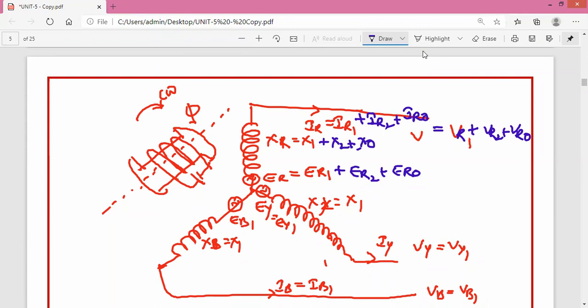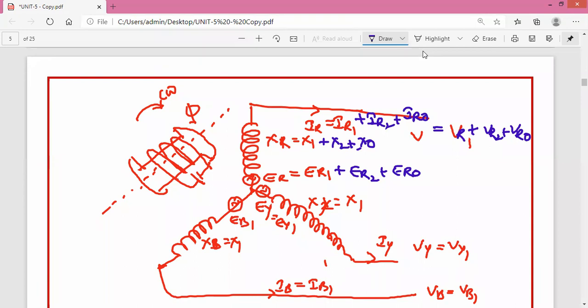So in competitive examinations, it is also asked. The relay setting will be done by using the lowest fault current value, because it has to restrict the fault current even if it is small. Therefore the relay has to be set by using minimum fault current, and the circuit breaker has to be set by using maximum fault current.